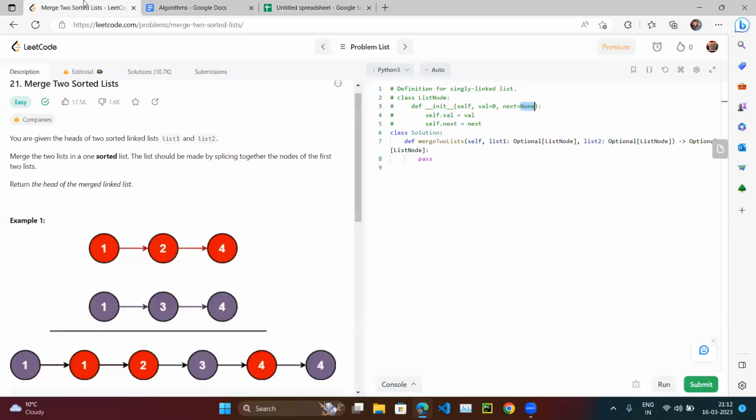All right. So the same thing, they have mentioned one class, and in that class they have mentioned value and the next pointer. So self.value is equal to value, self.next is equal to next. So they have defined how they are, and this is the singly linked list. So there is only a pointer in a single direction. All right. So we need to merge